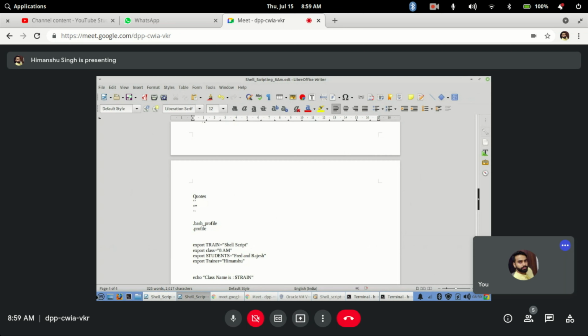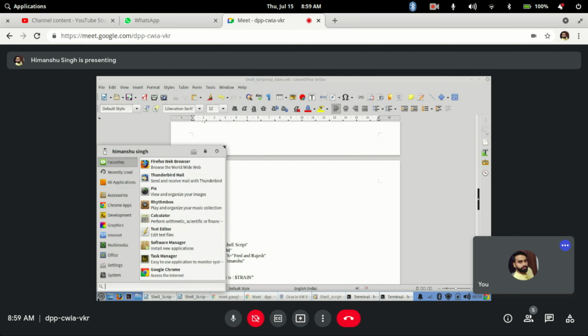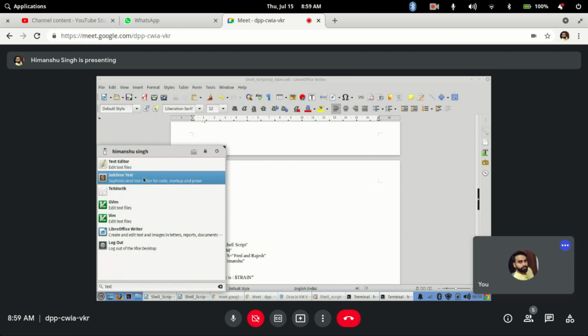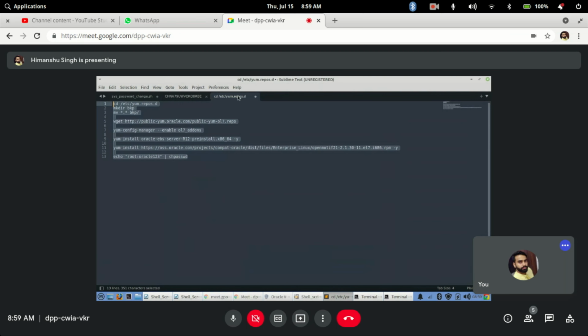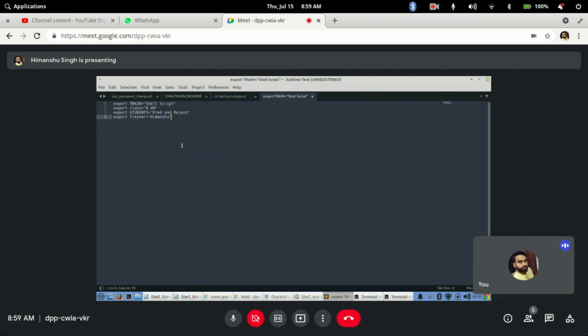Hold on, Sublime Text. I will say echo train, echo batch timing is dollar class. It totally depends on you how you are using that.